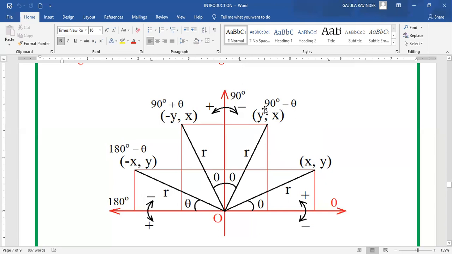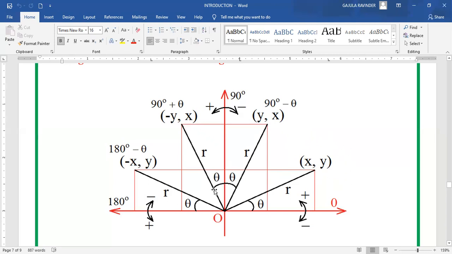The same way, tan of 90 minus theta will be cot theta. Why? Because here tan of 90 minus theta is the y coordinate by the x coordinate. That means x by y here. X by y. The y coordinate here is x. Here the x coordinate is y. So that tan of 90 minus theta is x by y, which is cot theta for theta here. X by y will be cot theta. So like that, the ratios of 90 minus theta can be defined in terms of theta.